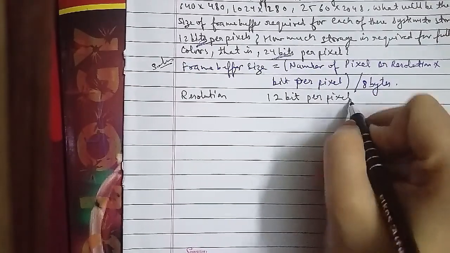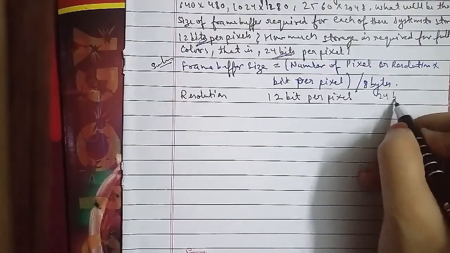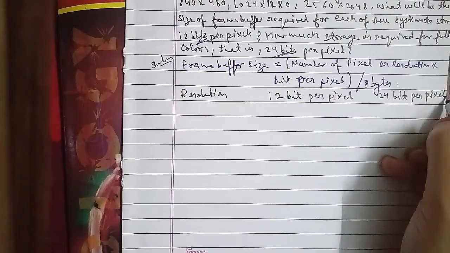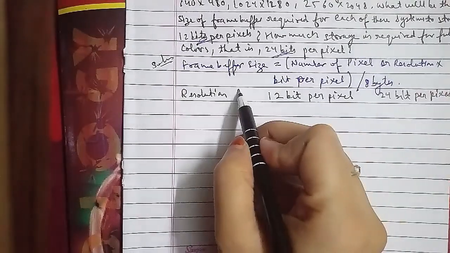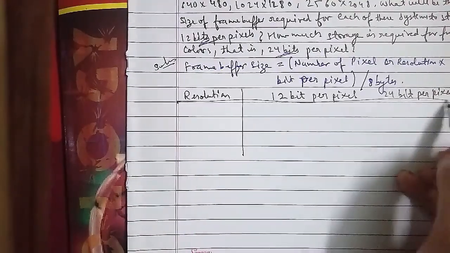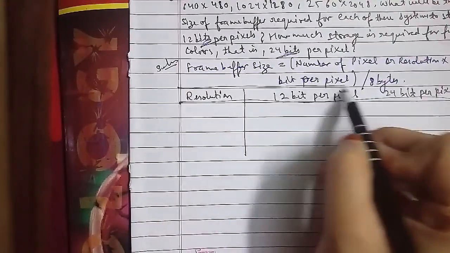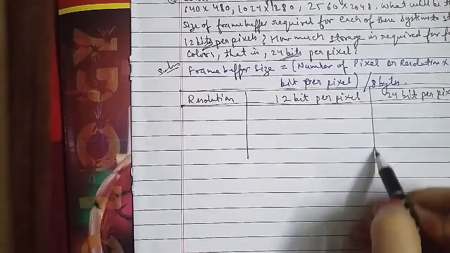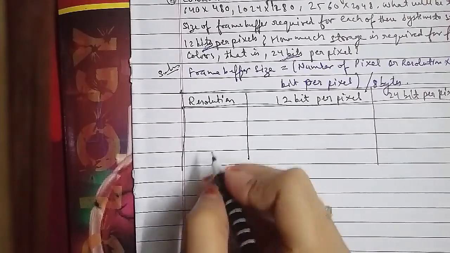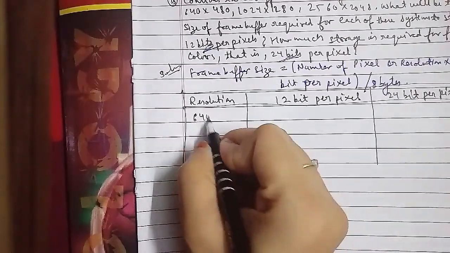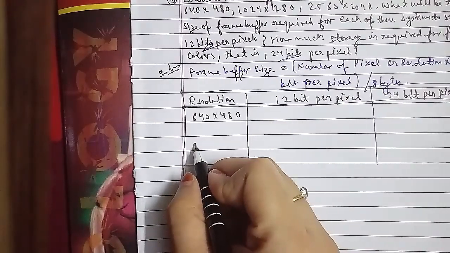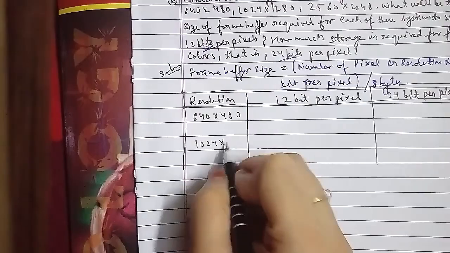So the first resolution we have is 640 multiply 480, the second is 1024 multiply 1280, and the third is 2560 multiply 2048. So for these we'll have to find it out. Let's go ahead. For the 640 multiply 480 at 12 bit, we'll be finding it out by putting a